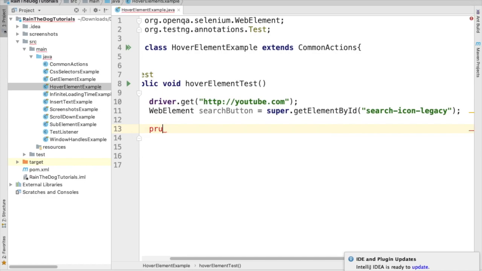Now let's try and print its text. So the search button dot get text. So we'll write down the text before over was